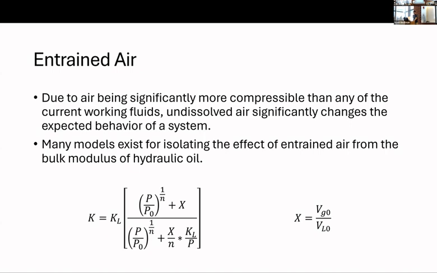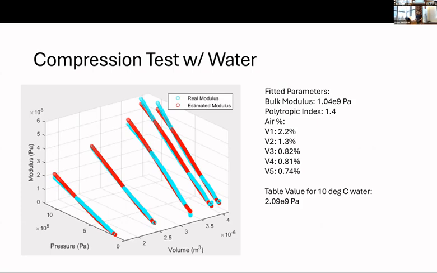Where then we separate it out into X, which is our gas to liquid fraction, and the KL, which is the bulk modulus of the liquid, which we then use with our other equations in order to find what the actual flow rate is out. So, blocking off the nozzle and doing a bunch of different compression tests, specifically with water, to try to do a simple thing that we can then extrapolate out to more complicated materials and work from there, is